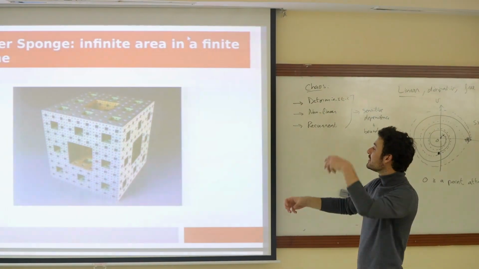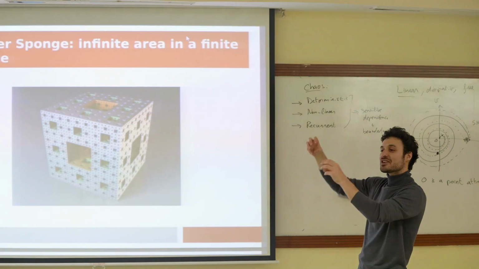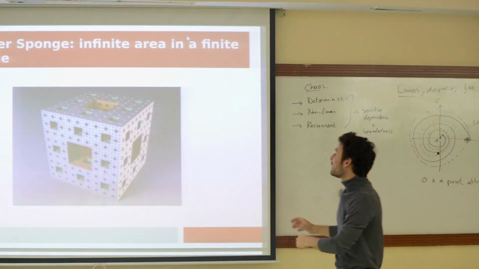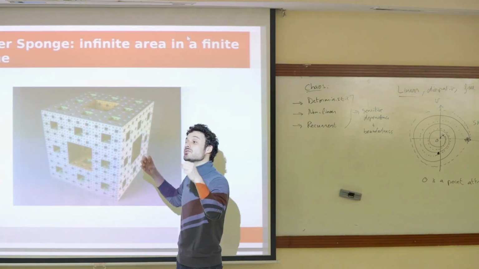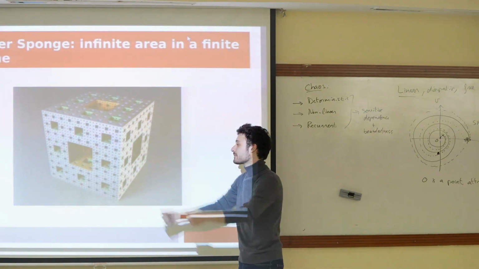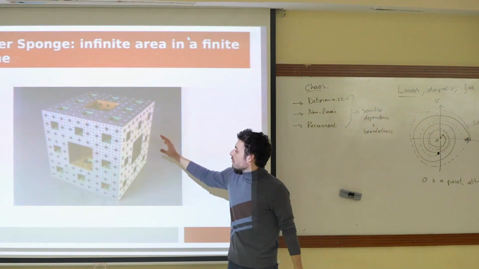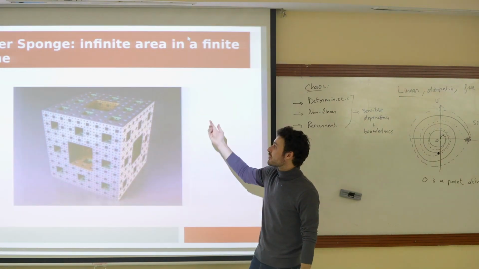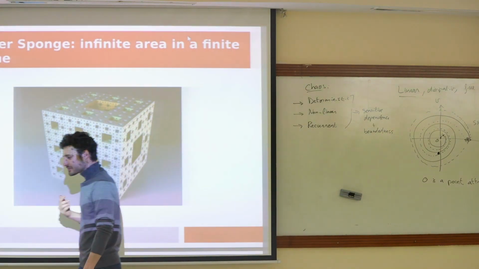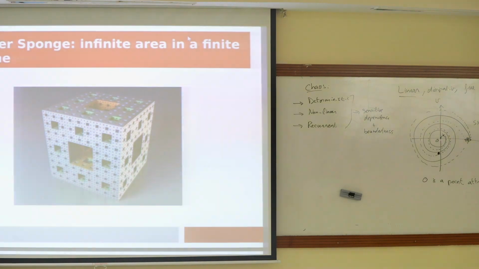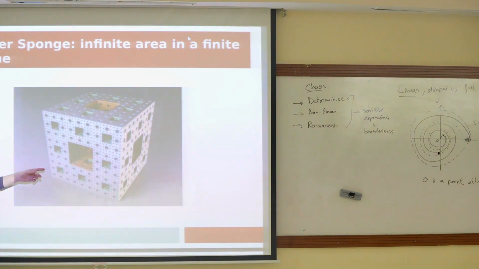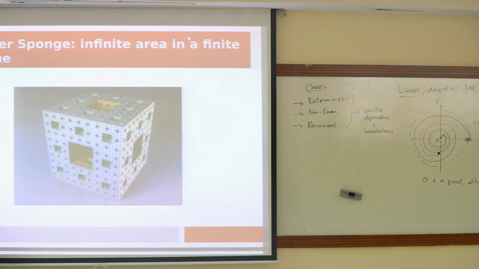Make a cube, dig 4 cubic holes on the central face of each cube, then take each of the subcubes here, do the same thing. Repeat, repeat, repeat, repeat. The structure that you end up with is called a Menger sponge, and it has a funny property. If I were to ask you what is the volume of this thing? Any guesses as to the volume of this Menger sponge? So the answer is 0.